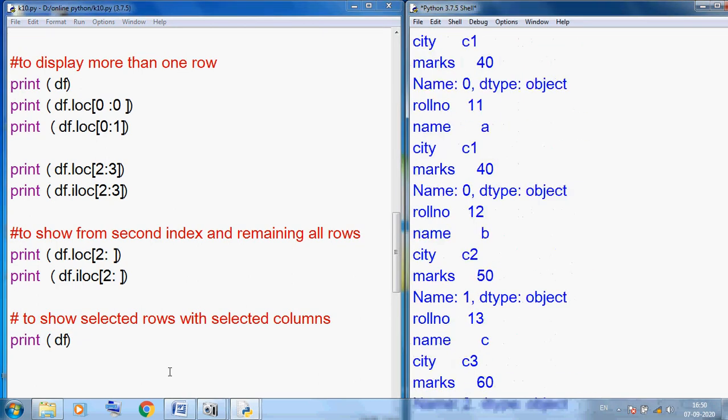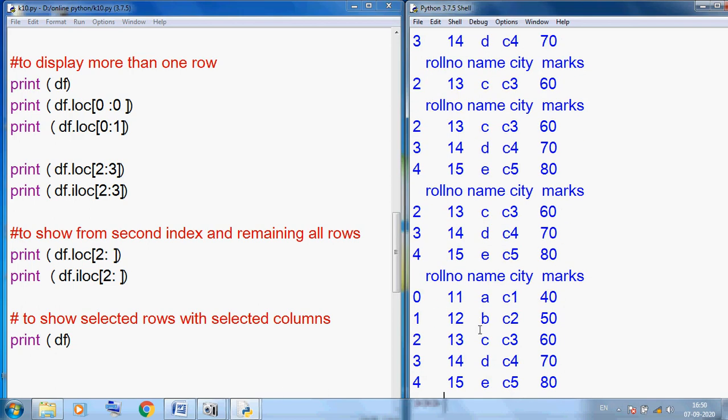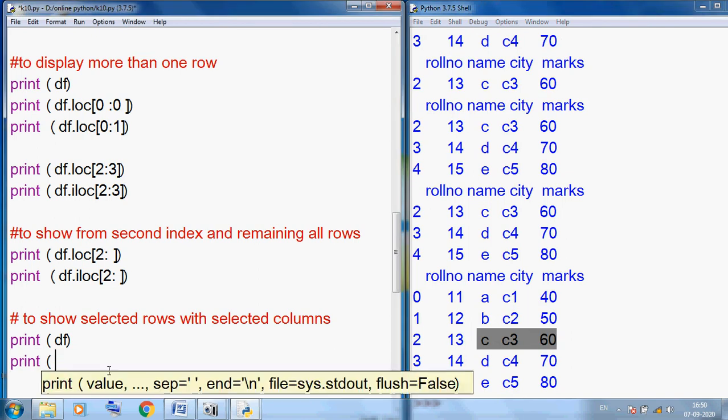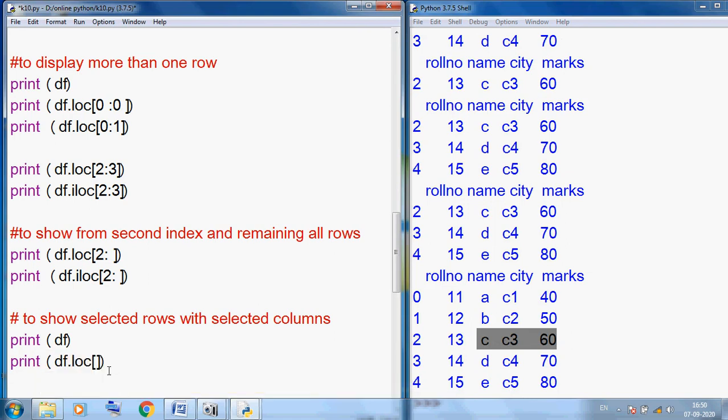You can see this is our entire table. Suppose I want to display only this part of the data. For this purpose I write print df.loc, using square brackets, and here we can use a comma.